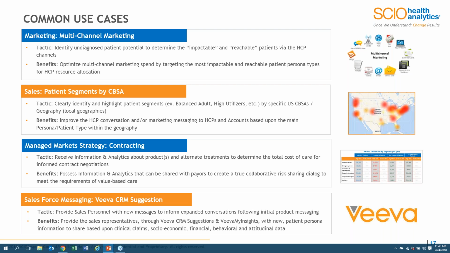No, John, I think you hit them all, or the predominant ones. There's just a lot of ways to use patient personas, and we're at the world now where we have to do analysis at the individual consumer level, and that's what we're doing here with patient personas, which can be very, very, very valuable to pharma companies.